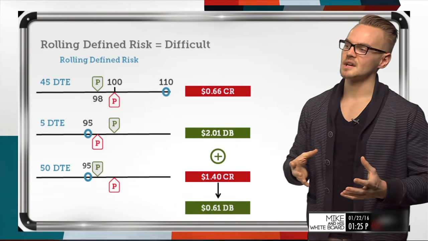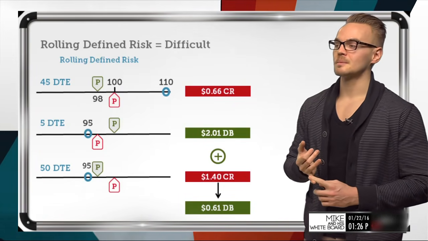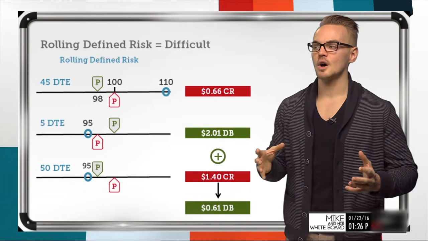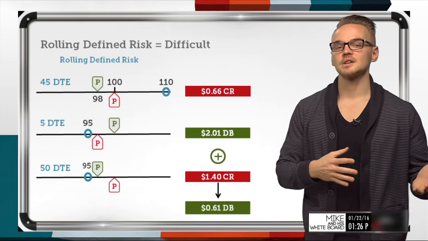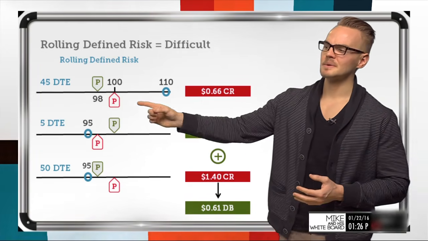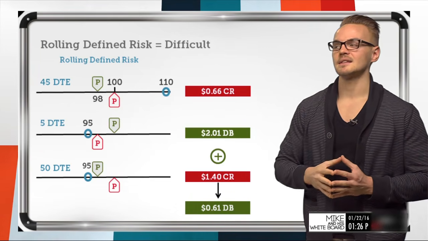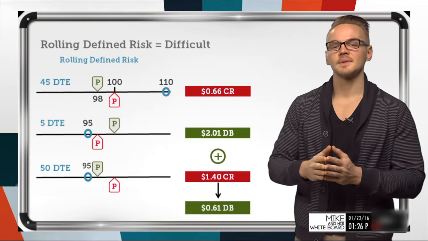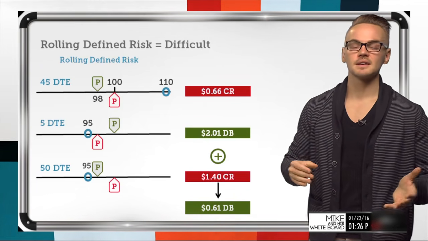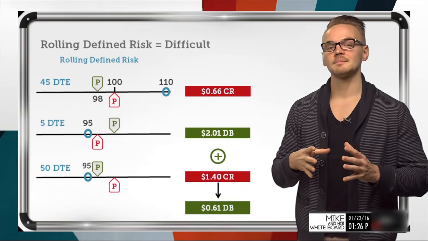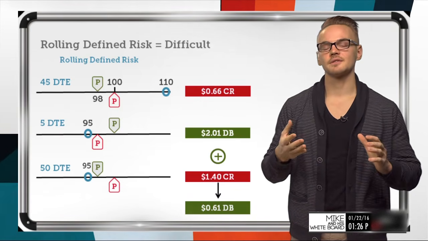So really what this does here is, number one, it defines my risk to the downside. So the most I can lose on this trade is no longer the full value of 100 because even if the stock price goes to 0, since I would be long shares at 100, I would also be short shares at 98. So that's going to offset the loss if the stock price drops anywhere below 98. It does not matter where it is. It's going to offset the loss and define my risk. So that's one reason why I might look to put on this trade in the first place.